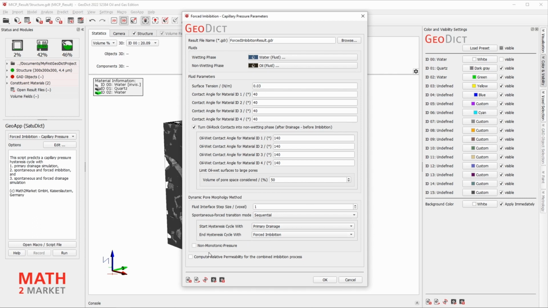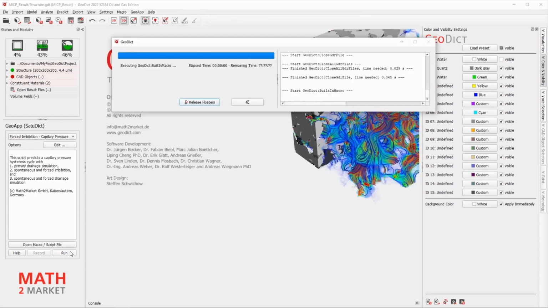At this point, you may try non-monotonic pressure after your workshop, or even compute the relative permeability for the combined imbibition process. Leave the result file name on forced imbibition result, click OK, and run.